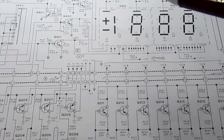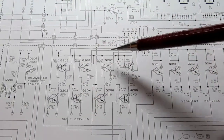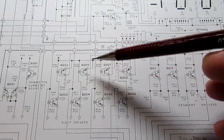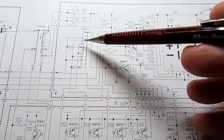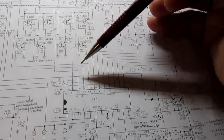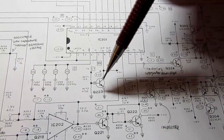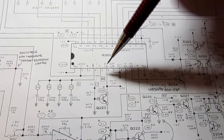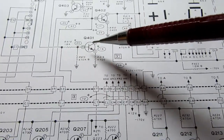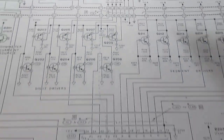And then finally, the decimal points. I already mentioned that because the IC knows which digit is being turned on at a time by these drivers, and then that's passed up here through the range switch, and that signal is not only fed back to tell the IC here when it should turn on a decimal point to get the decimal point in the right position, that signal is also fed to yet another transistor that controls the actual decimal points,